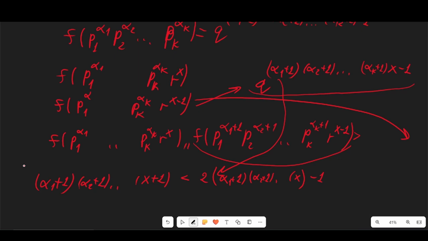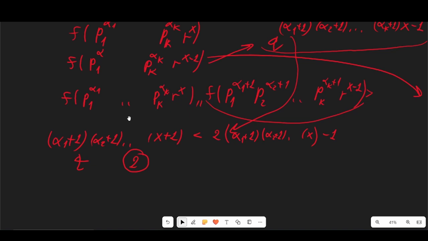So this means that if we add new prime in f of p1 to the alpha 1, pk to the alpha k times r to the x, this new prime number, call this t, will contribute by at least 2 in the number of divisors formula. And clearly this will give us the contradiction. So we will prove that for every number f of p1 to the alpha 1, up to pk to the alpha k times r to the x, this has only one prime divisor, and this divisor is q, which was the before, and